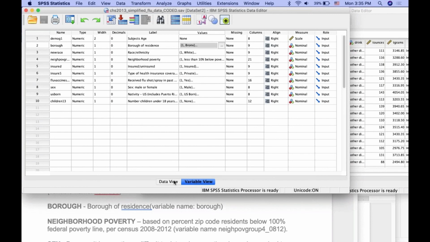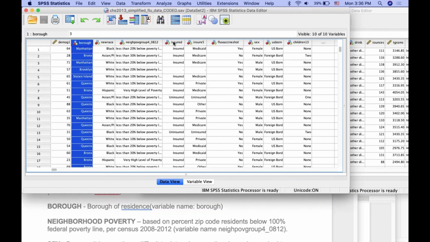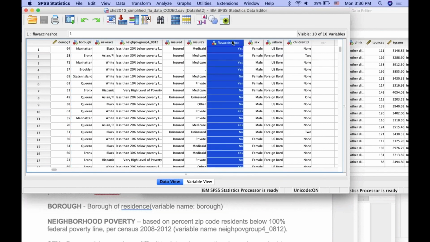So this really is prepared for you to go ahead and work with this and decide, well, I want to work with the borough and whether or not they got a flu shot in the past 12 months, right? Maybe I have a feeling that people in Manhattan, more affluent, may be more likely to get flu shots, or busy, less likely to get flu shots. You might examine that relationship, right? In other words,